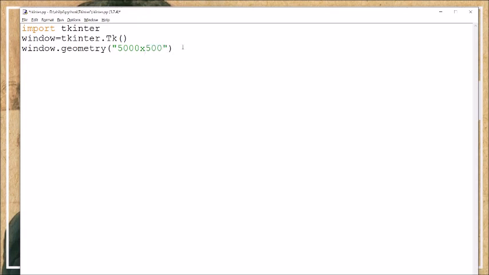Now the next thing is the title is by default Tk. So if you want to change the title, we can give our title to the window. Window.title. I'll give the title my first GUI.